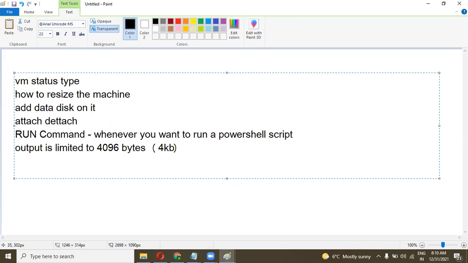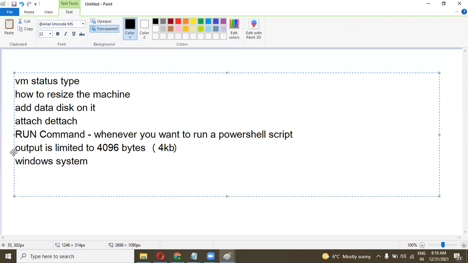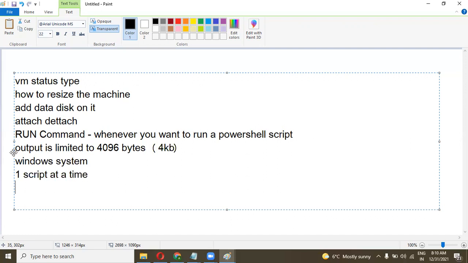Also, run script works only on Windows systems. It only works with the Windows system. And you can run one script at a time. Also, you cannot cancel or stop a running script.